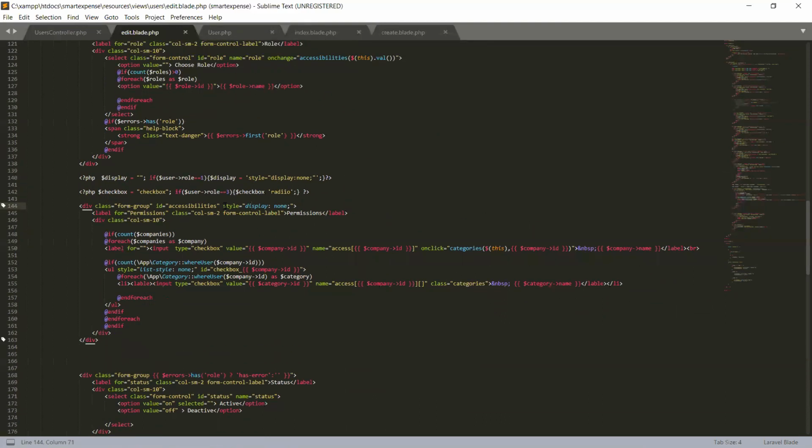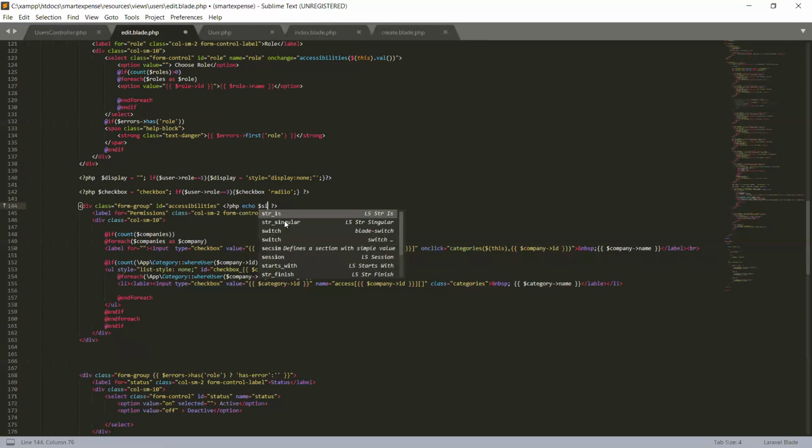Display is none, and now we will echo PHP, and we will echo the display variable here that we have set. So echo display.